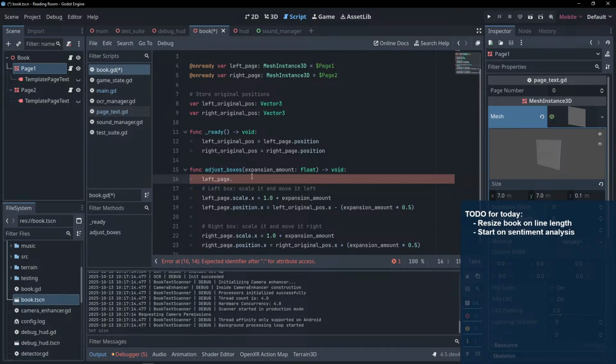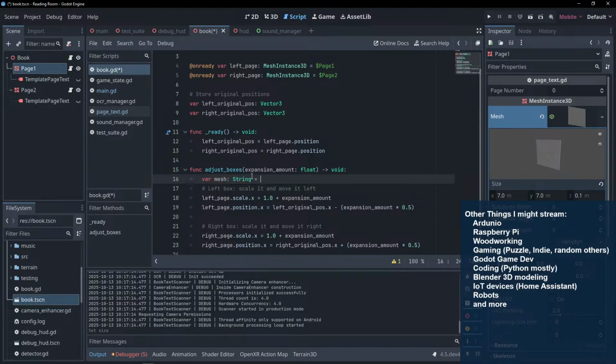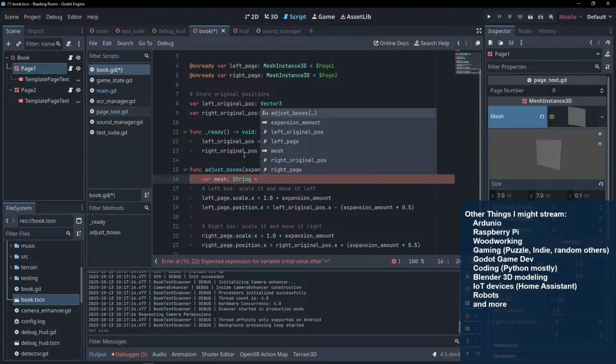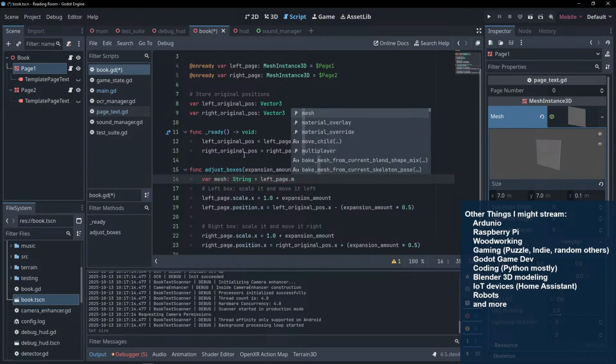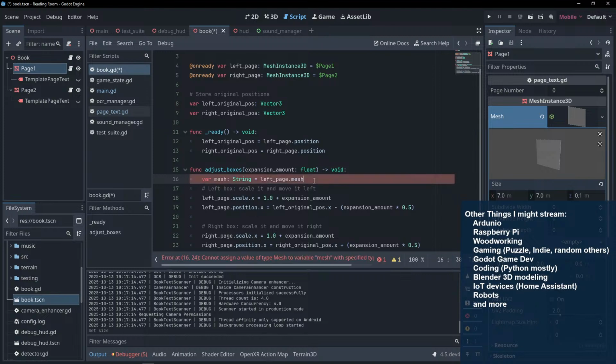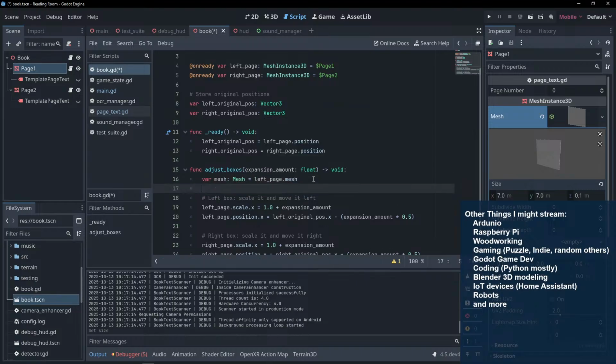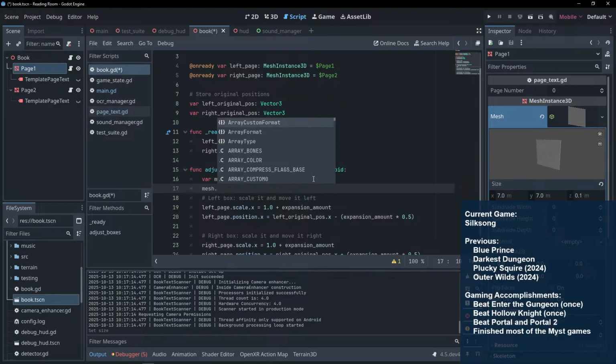Right. Let's do var, I don't know, just call it mesh. Make it a string for the moment. And I'll just do left page dot mesh. So it is a mesh. I'm going to do mesh dot